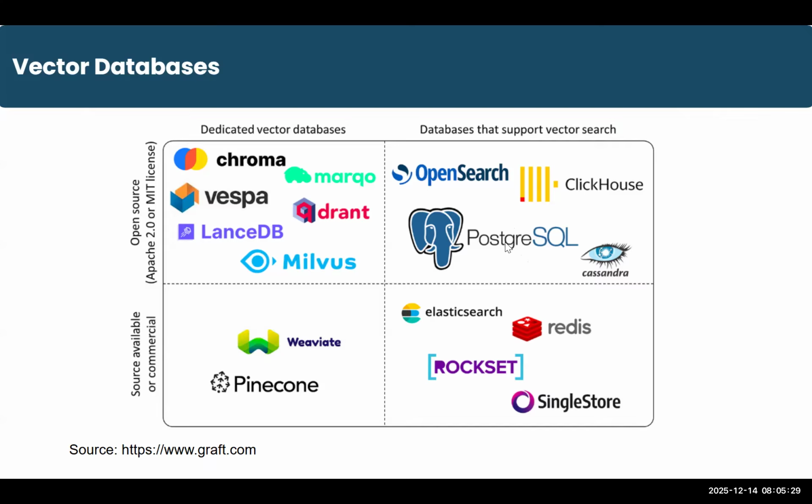That is the product from PostgreSQL that can support it. There is OpenSearch, ClickHouse, and Cassandra, which can also support it. And commercially available are also Elasticsearch, Redis, Rockset. There are many more. There are a few of them I have got from the graph. These are some of the